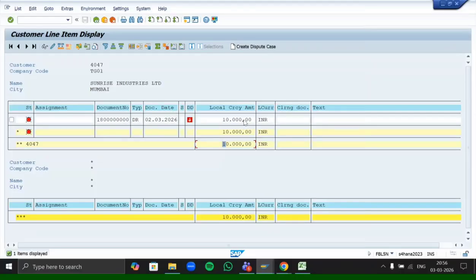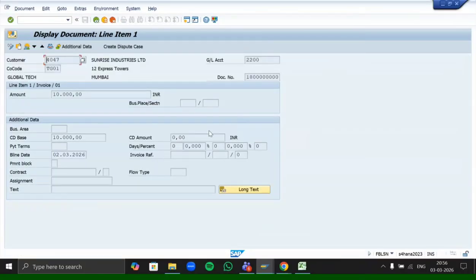Now, if you double click on any of the lines, like the first line, you can see the detail of this entry. So customer ID is given, company code. So this 10,000 is parked in which GL? In 2200. That is our debtors GL. Right. So 10,000, 20,000, and 30,000, all three invoice amounts will be parked in our debtors GL. Why is it parked there? Have we informed our customers that you need to use this debtors GL anywhere?